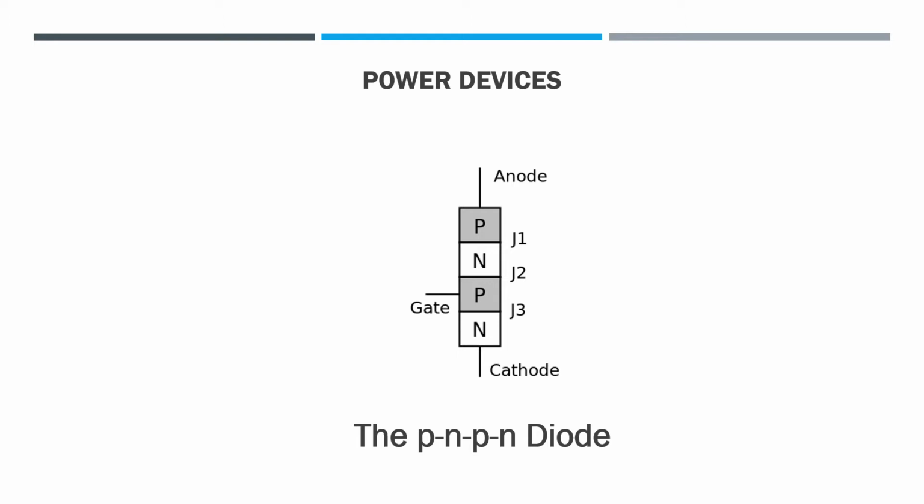In this figure, a general diagram of the PNPN diode has been shown, which consists of two PNPN diodes, and there are three junctions. One junction is called J1, the second junction is called J2, and the third is called J3. It has three terminals: one is called the anode, the second is called the cathode, and the third is called the gate. This is just the general description of the PNPN diode. We will discuss its construction and working in detail in the coming slides.